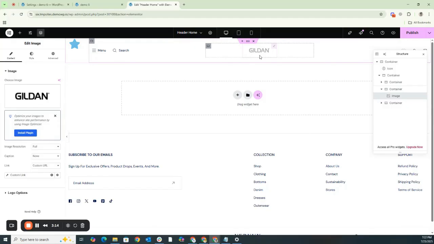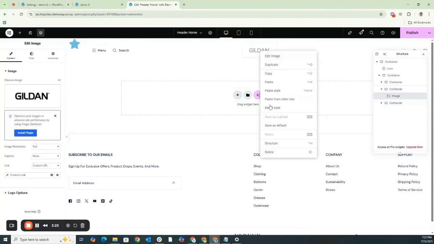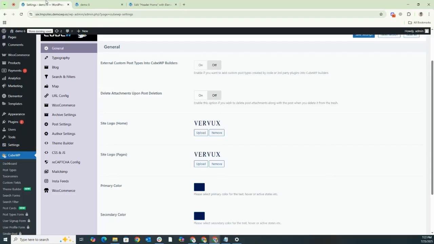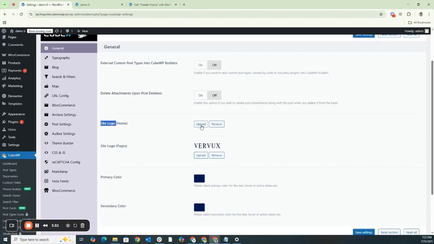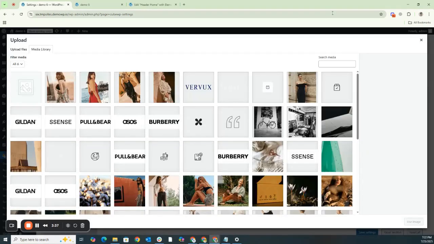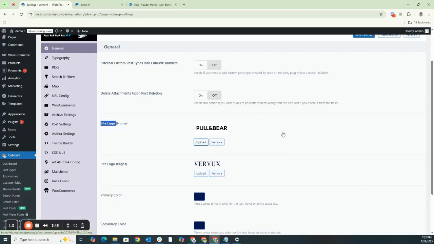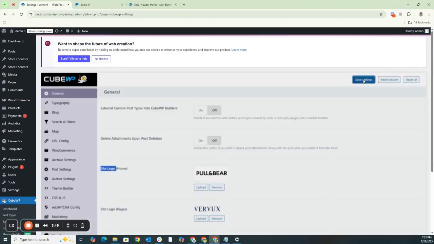Now, the system is not fetching the logo we added in the settings because we've removed the dynamic tag. Now, let's suppose we come here and remove this first. Here, we change the logo, the site logo. We are going to add a brand new logo right here. And then we will see whether our system successfully fetches and displays this newly added logo or not. We have set this logo. We will save the settings.